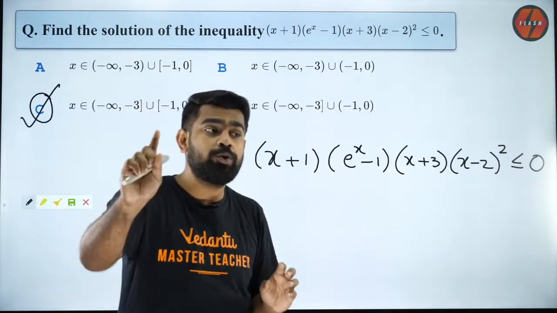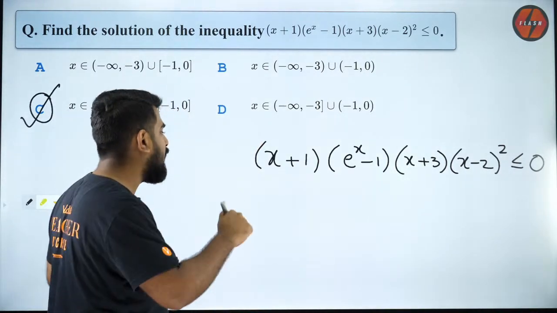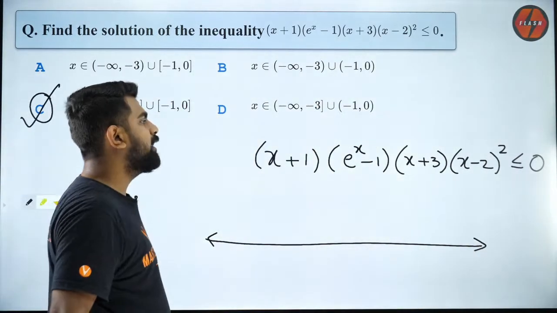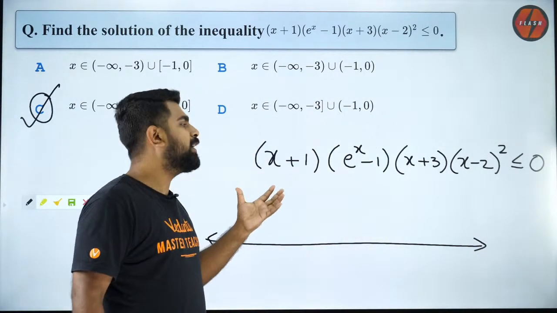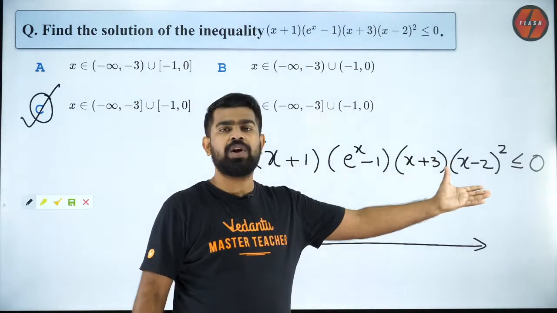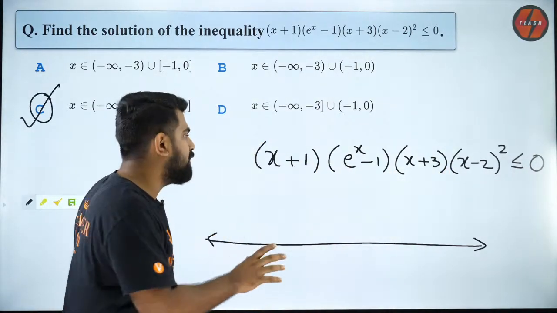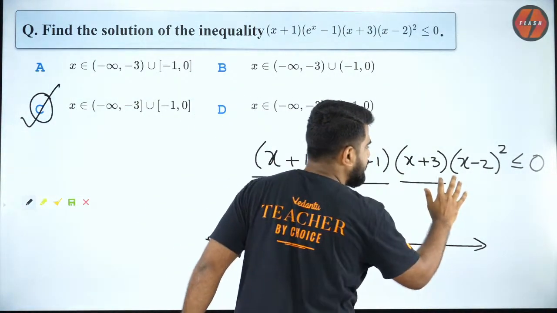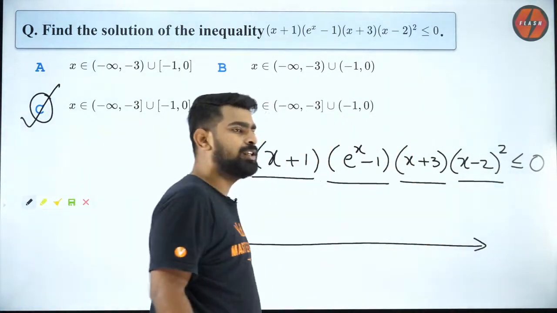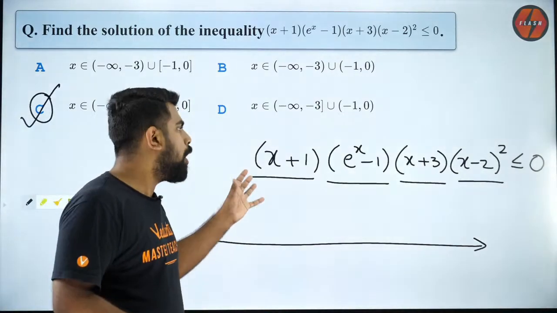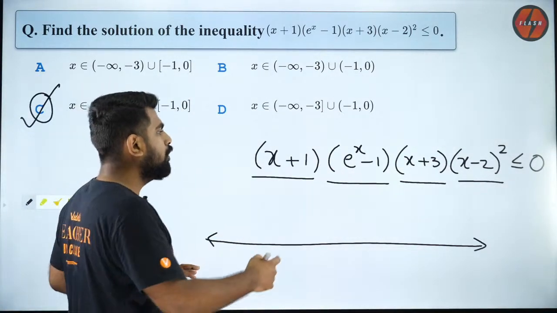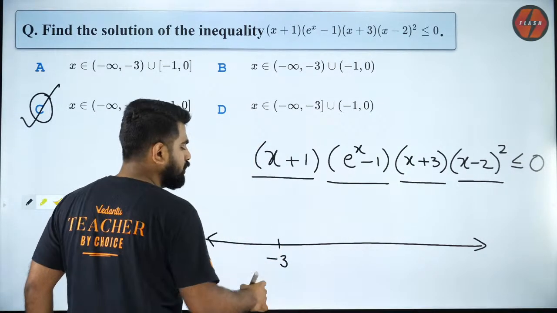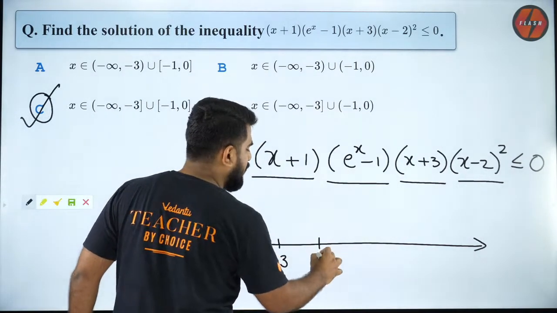So this question is solved by using the wavy curve method. How do we use the wavy curve? I'm going to teach you, listen very carefully. First, you draw the number line and plot all the zeros of each individual factor. How many factors do I have? I have one factor here, another here, another one here and another one over here. I need to plot all these zeros in ascending order like on a number line. So -3 will come, then I have -1.